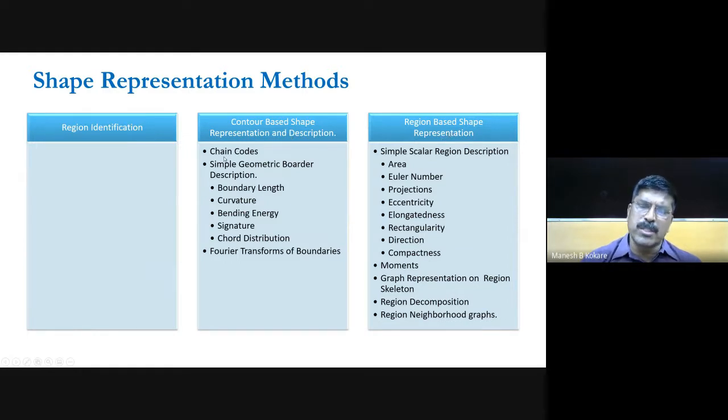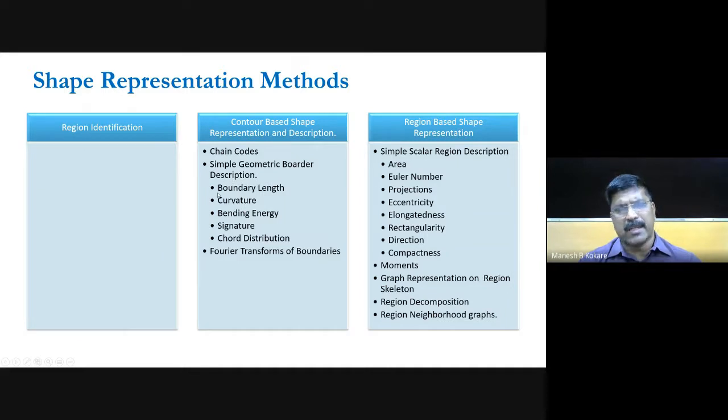Now, contour-based means you are considering only the contour or perimeter of the object, and from that you are extracting the features. So what kind of features can you extract? For example, there is the chain code technique, which is used for extracting shape features, or simple geometric border description techniques.